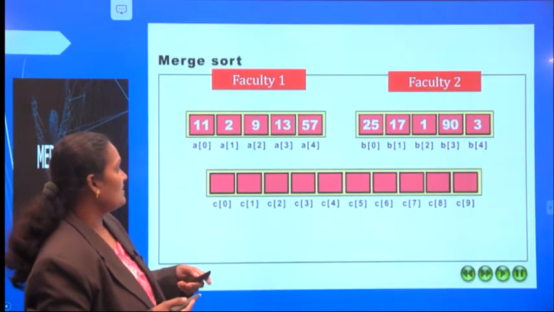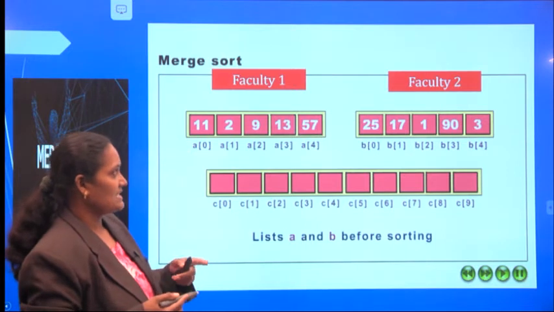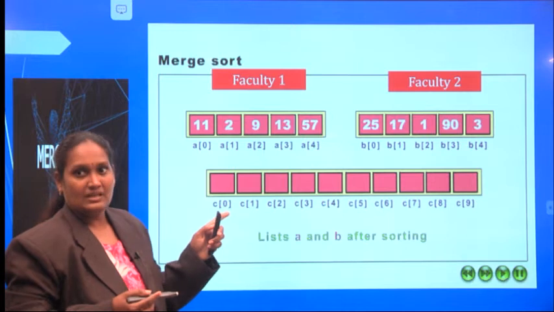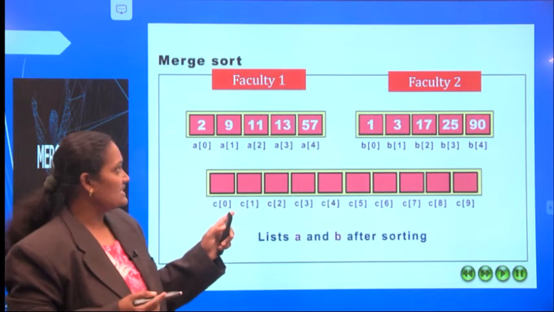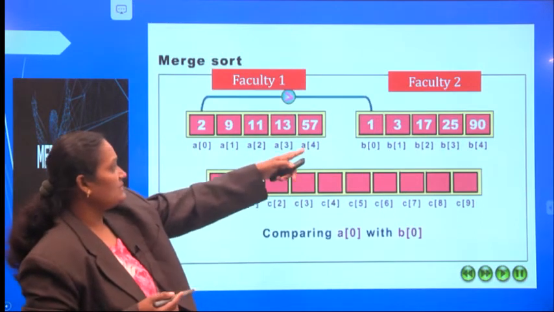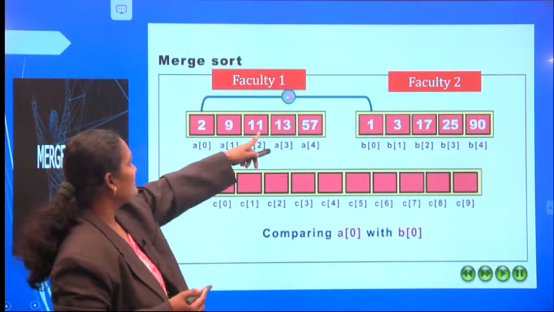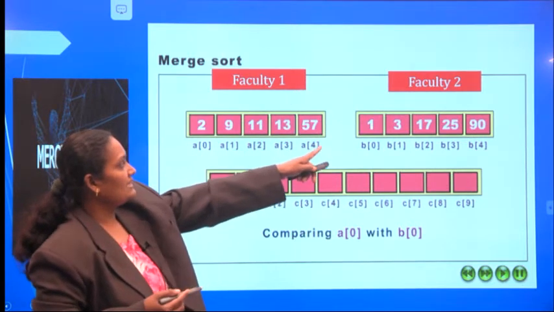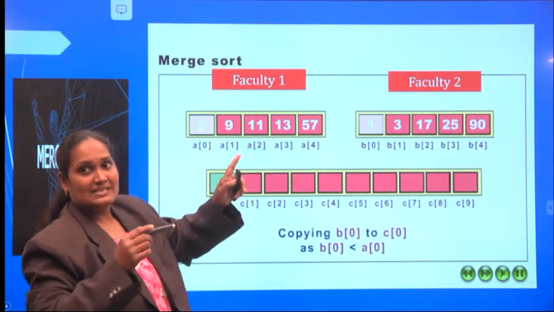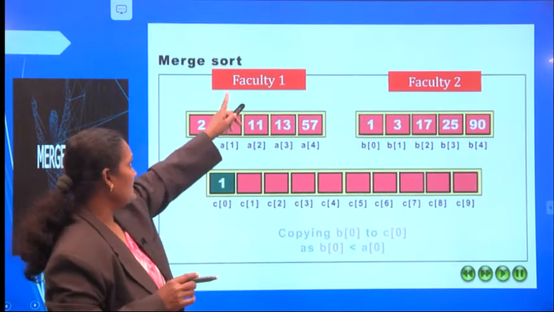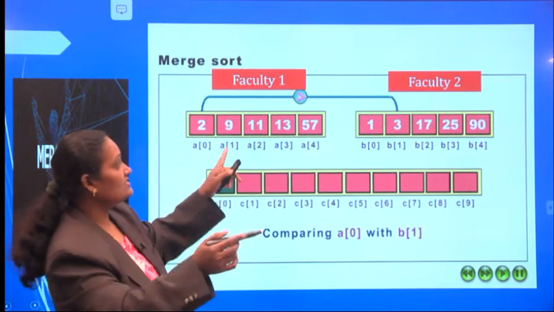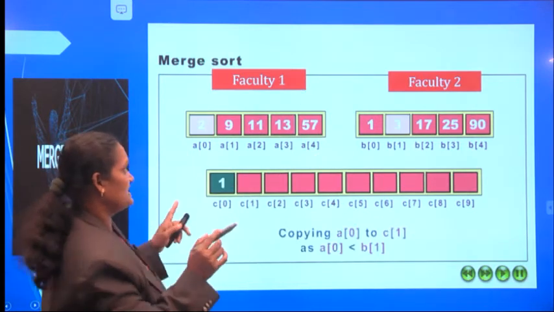For explaining that logic, here I have taken a real-time example, which is nothing but two faculty doing invigilation in one room. The roll numbers are those of the students writing the exam in that room. One faculty collected the scripts of 5 members and the other faculty collected the scripts of another 5 members. Now each faculty sorted their scripts. After that, these two should be merged. Now I am going to explain the merge process.